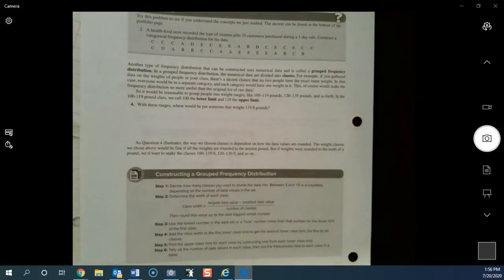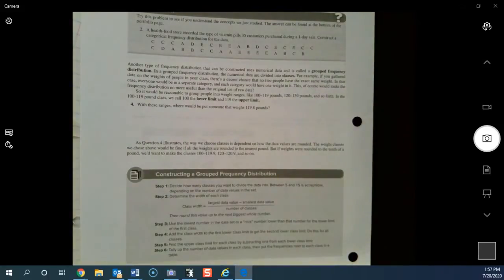This, of course, would make the frequency distribution no more useful than the original list of raw data. So it would be reasonable to group people into weight ranges like 100 to 119 pounds, 120 to 139 pounds,